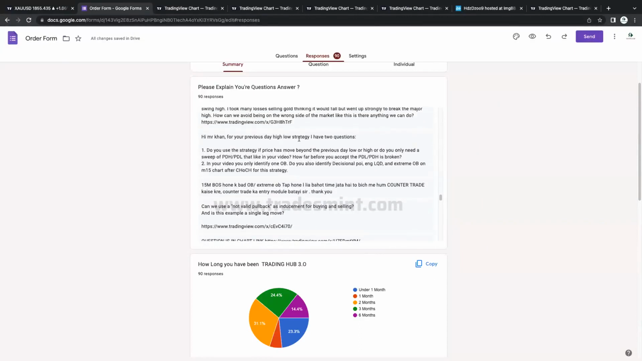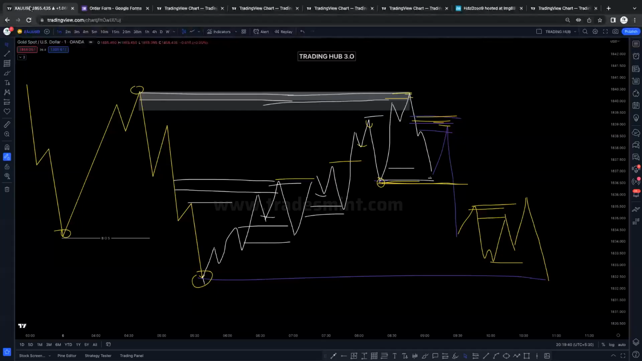I'm stuck on the previous day high low strategy. Have a question: if you use the previous day high low, the market moves beyond the previous day high or low. Do you need only the previous day high or low? See, like in the video, how do you say the previous is broken? So when the market is bullish or bearish, right? You have to find that first of all. If the market is bullish in a daily time frame, right? And then